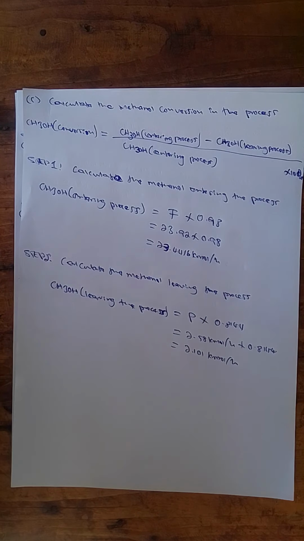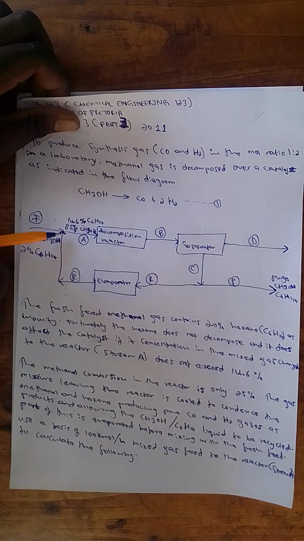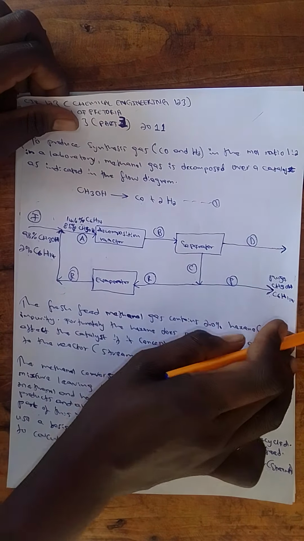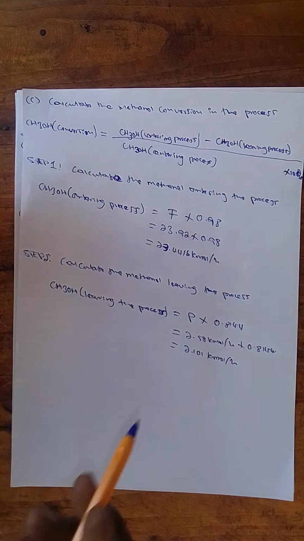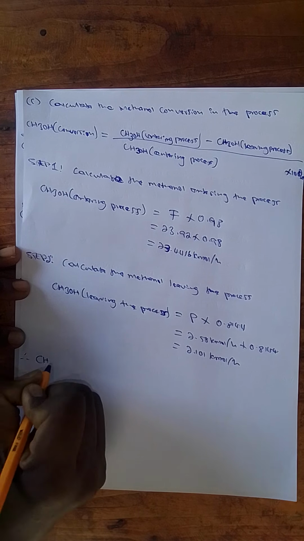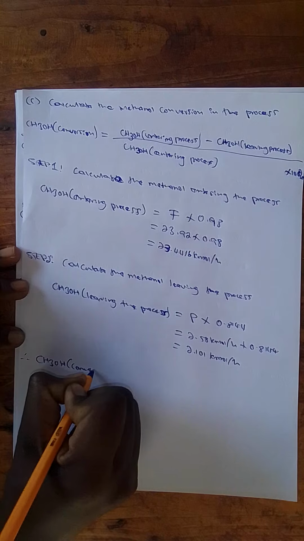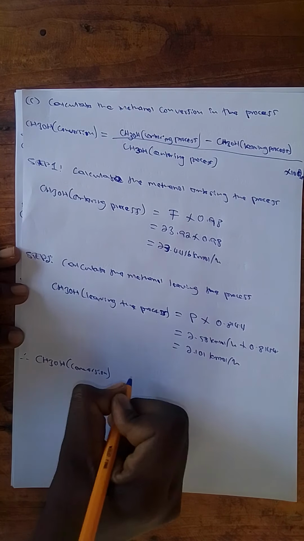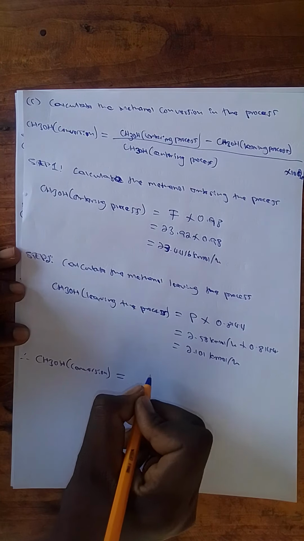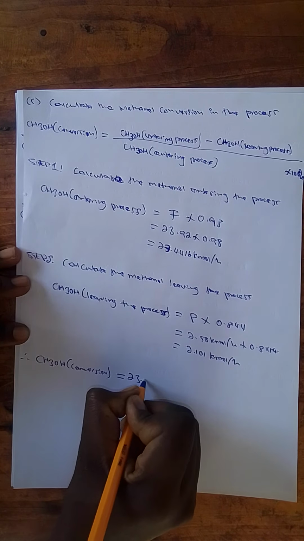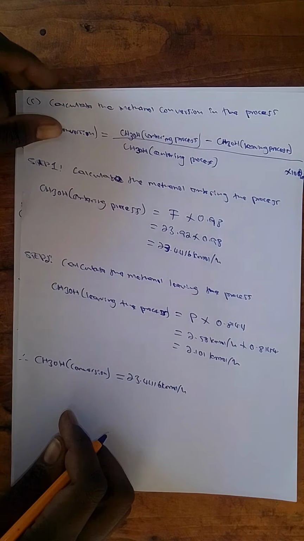So now with that said, we know how much methanol is entering the system, and we know how much methanol is leaving the system. With that, we can go back to our equation and calculate the conversion of methanol. Therefore, the CH3OH conversion is equal to CH3OH entering the system, which we calculated to be 23.4416 kilomole per hour,